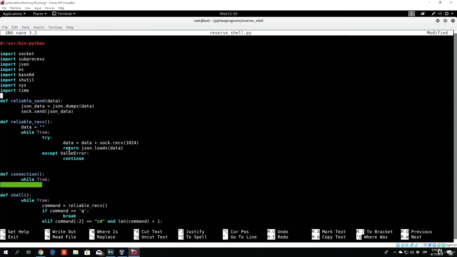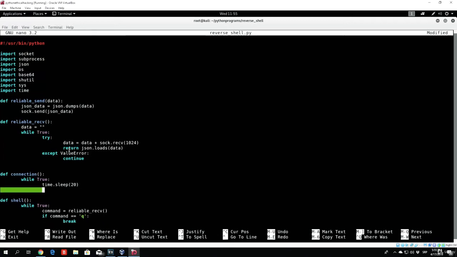This is a library which will allow us to use this sleep function, which will basically not execute any part of the code for the specified amount of time. The sleep function takes one argument, which is the number of seconds you want your program to sleep. In our case, we will specify 20 seconds, and after that we can try to connect. So try sock.connect,